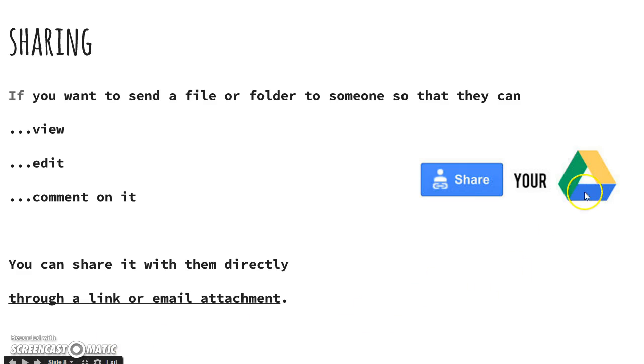Look on the screen here. Anything that's in your Google Drive can be shared with others through the use of the Share button. That's a pretty neat trick. So let's pretend for a second that you have been put into a group of 4 and you guys have to write a paper together or create a PowerPoint together. One person can begin the paper through Google Docs or the PowerPoint through Google Slides and then share it with everybody else on the team just by clicking the Share button.